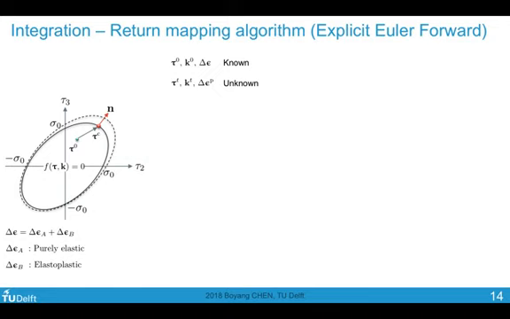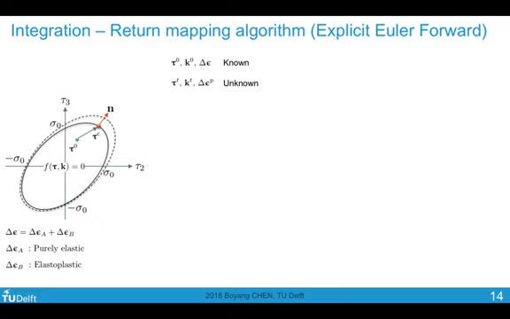Having talked about the theory, now it's time to implement it. The problem in implementation would be to calculate the variables such as our stress and hardening parameters and our plastic strain increments at time t, based on our knowns, like the stress and plastic hardening parameters at time 0 and our total strain increment. So these three are known to us at the beginning of the increment, while these three are unknowns that need to be solved.